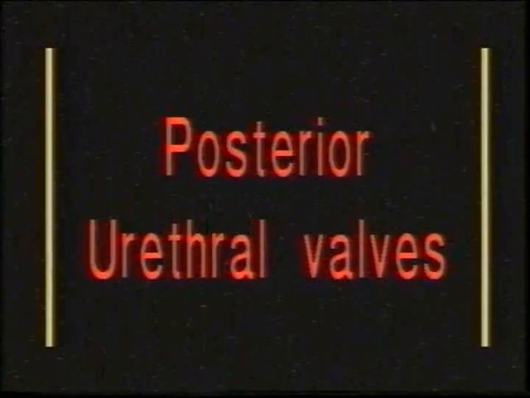Posterior urethral valves. In the micturating cystourethrogram of this child, note that the bladder is grossly distended and the urine flow is obstructed at the lower end of the prostatic urethra. The prostatic urethra is dilated and elongated and ends abruptly with a convex lower border, which is bulging downwards. This is a classical appearance of posterior urethral valves, the commonest and most severe form of obstructive uropathy in infants.